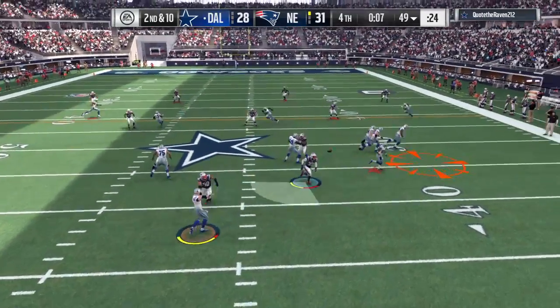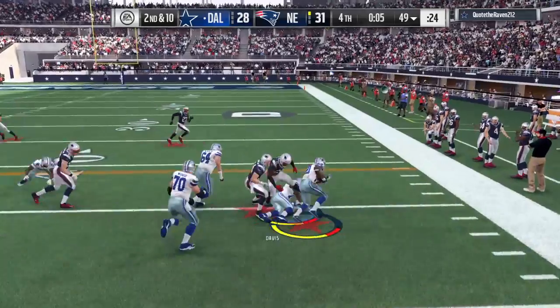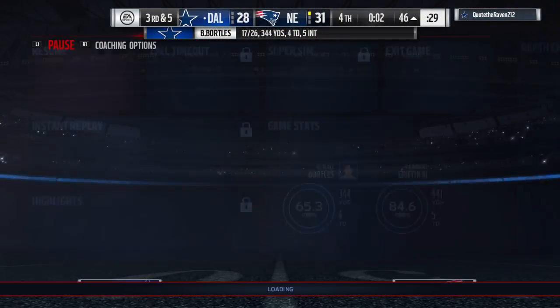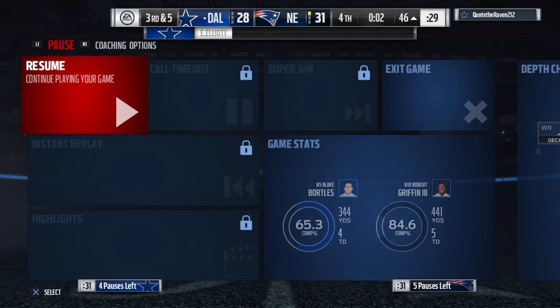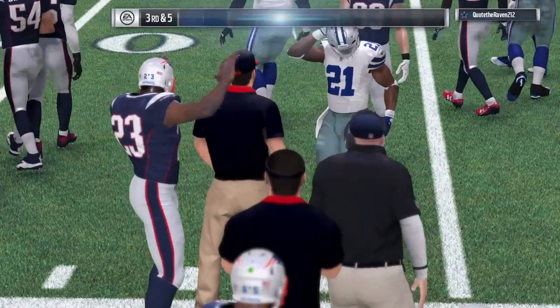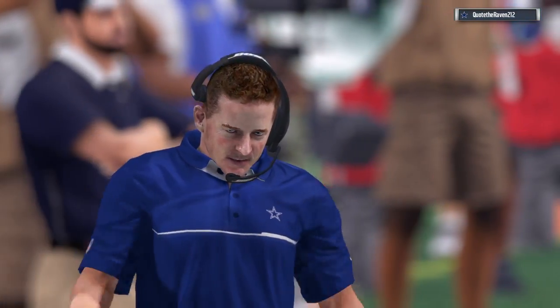Back to throw. He'll try and set up the screen. It's complete. And he'll take it down shy of the 46. Well, going into the final play of this